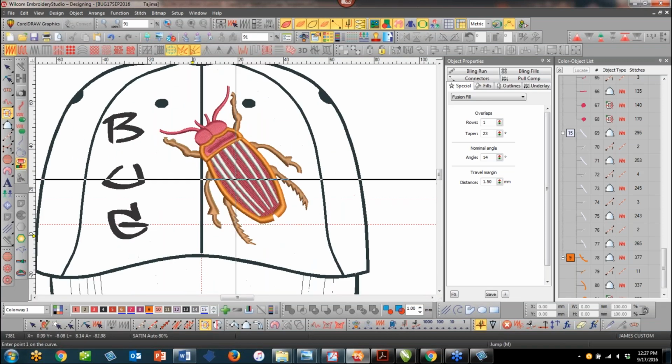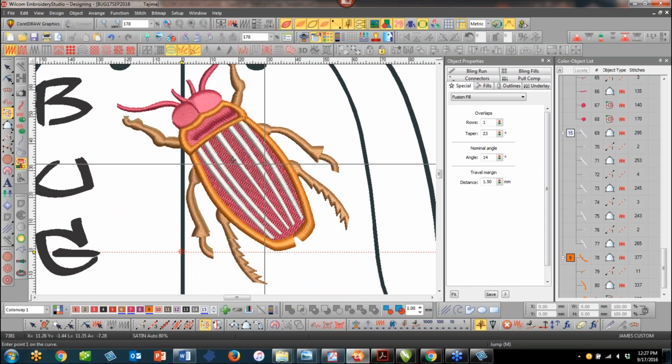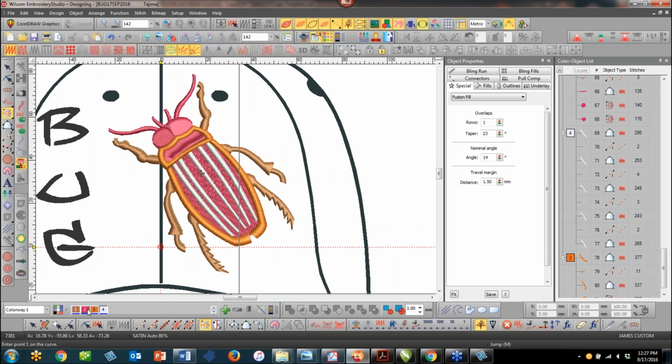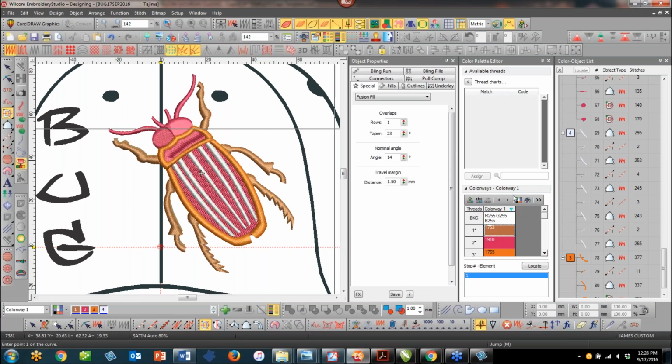Okay, and this is what our bug looks like. If I wanted to go in at this particular point and make some adjustments as far as the colors go, I can navigate here to compact color palette. That's going to compact my colors to just the ones that I have on the screen here. And I could select, see, the brown. So what we want to change basically is the color of the